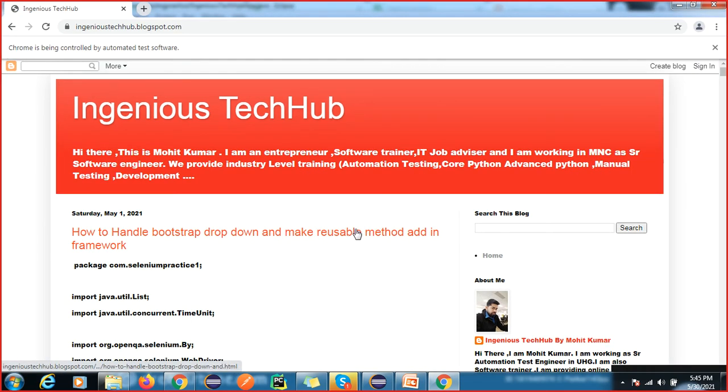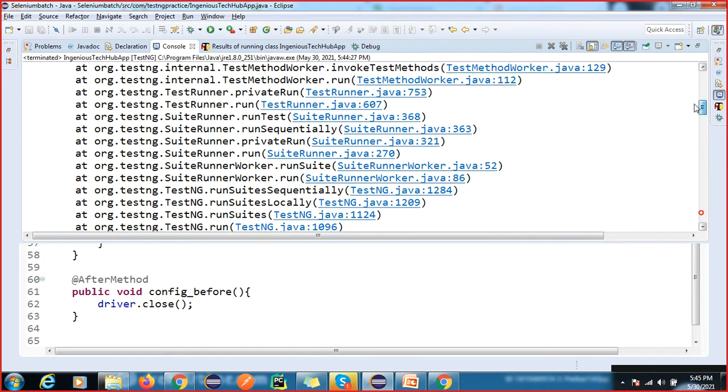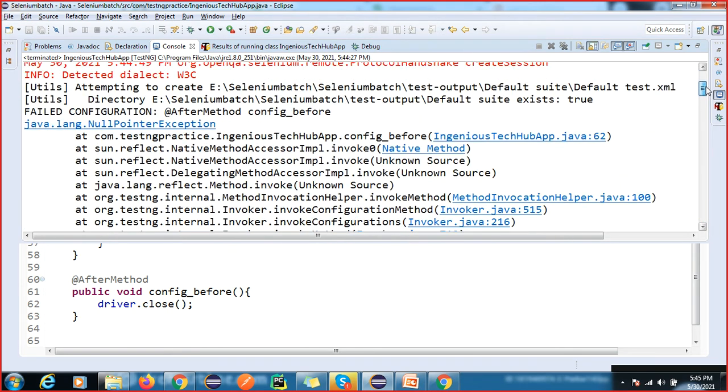Okay, so all the test cases will execute one by one. Let me check, I think something went wrong. What is the exception?